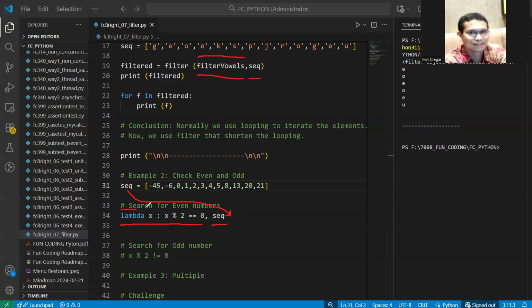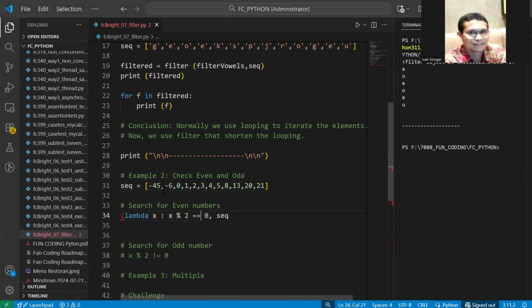In here, this is the function that is already provided by Python, but the content of that function, the body, is to check whether x mod 2 equals 0. So the content is here, the action is here. That's why we have the lambda to represent that this is the function. Okay. And we put this in brackets like this.